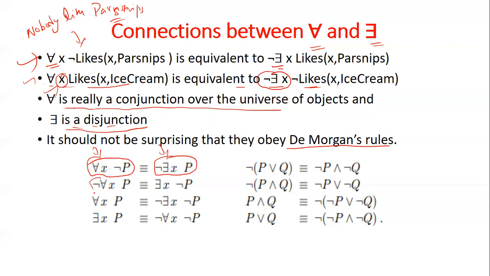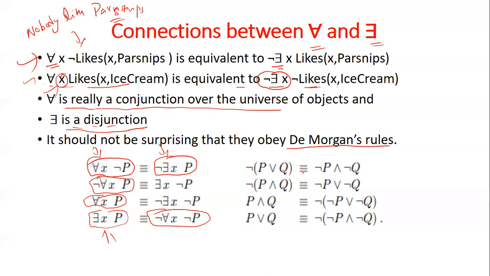Similarly, not for all x p is true. That means for some x p is true and for some x p is not true. So this is equivalent to saying that there exists some x for which p is not true. Okay. For all x p is true can be written like this: not there exists an x for which p is not true. There exists an x for which p is true is equivalent to not for all x p is not true. So basically this means that for some x p is true. That's what this says. Okay.